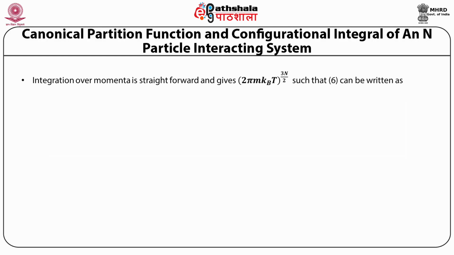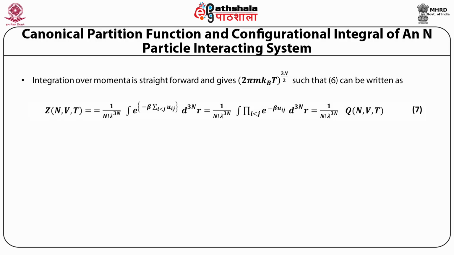Integration over momenta is straightforward and gives 2 pi m k_B T raised to power 3n by 2, such that Z can be written as Z as a function of N, V and T equal to 1 upon n factorial lambda raised to power 3n, integral of e raised to power minus beta summation over i less than j u_ij d^3n r, which is equal to 1 upon n factorial lambda raised to power 3n, integral over product over i less than j of e raised to power minus beta u_ij d^3n r, which is equal to 1 upon n factorial lambda raised to power 3n